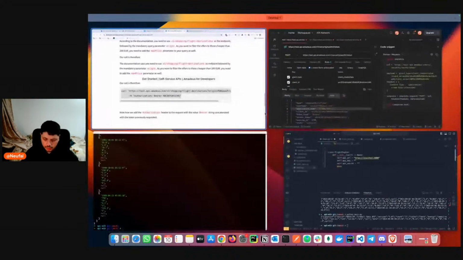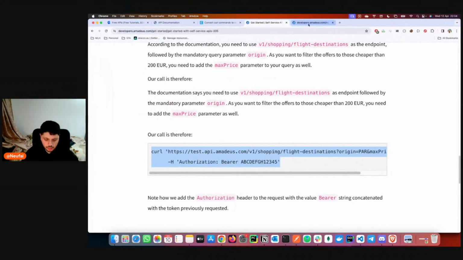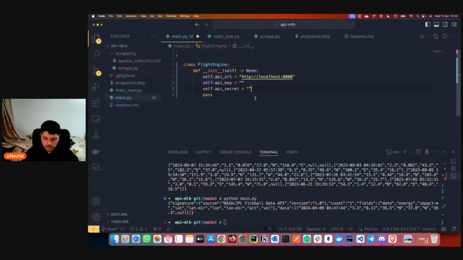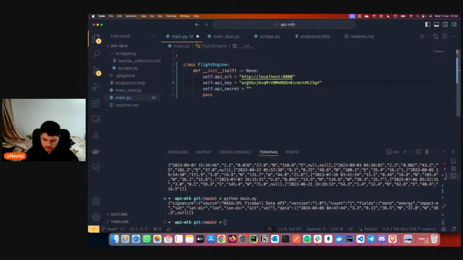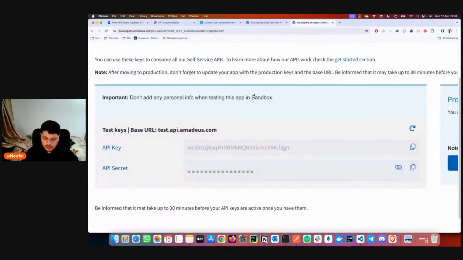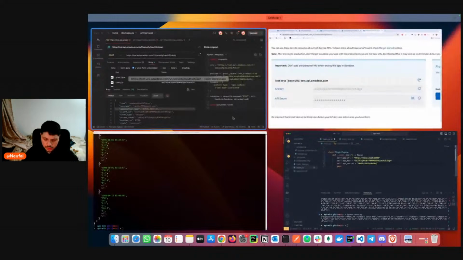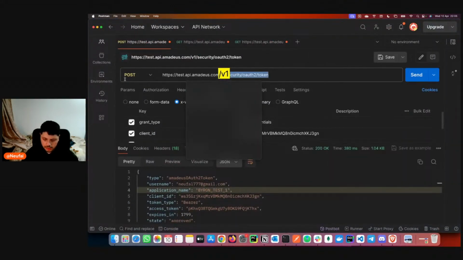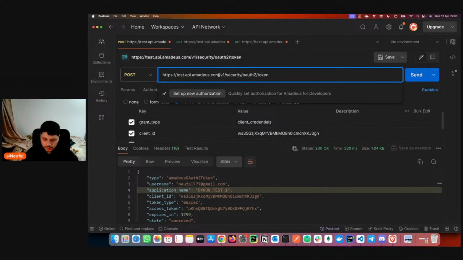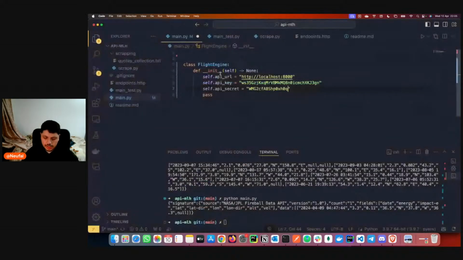So we go to the website again and copy these values. For the API URL, we will take the base URL here. In this case it will be this one, test.api.amadeus.